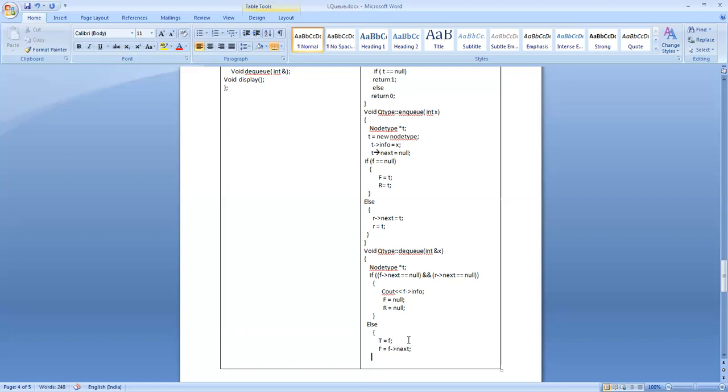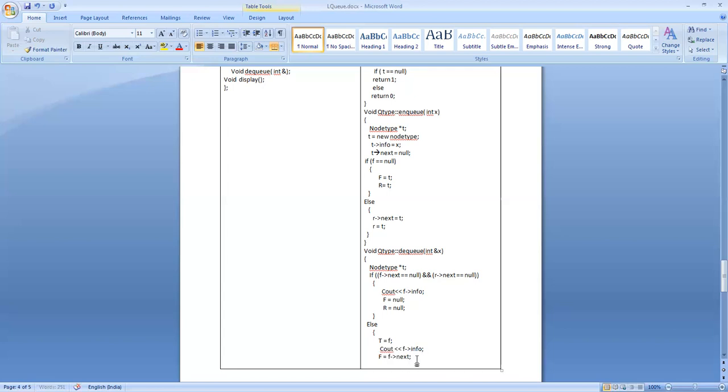Before that, you display the contents of the first node, that is cout front reference info.